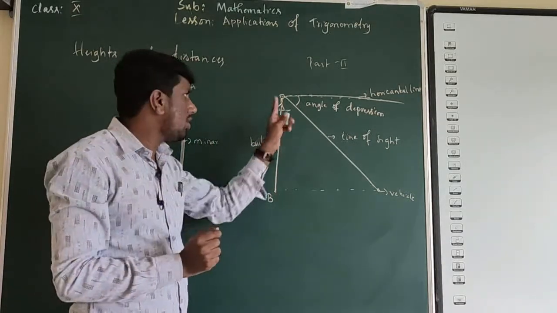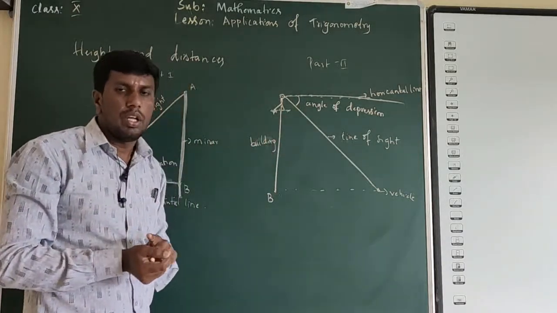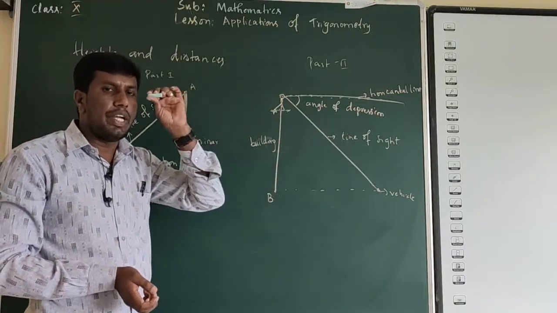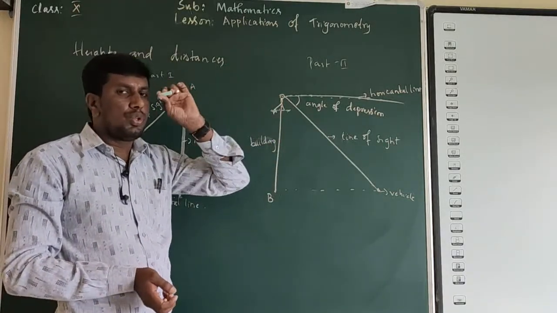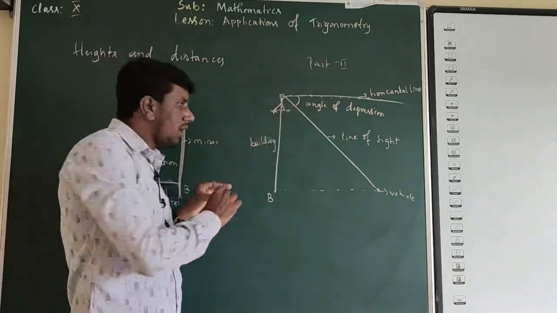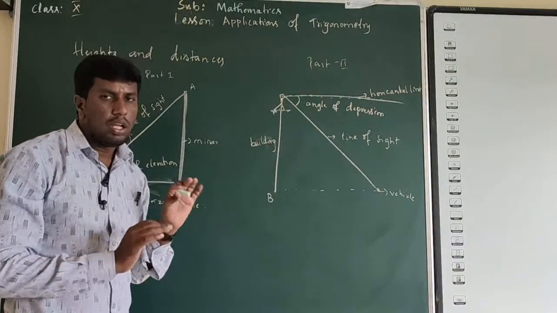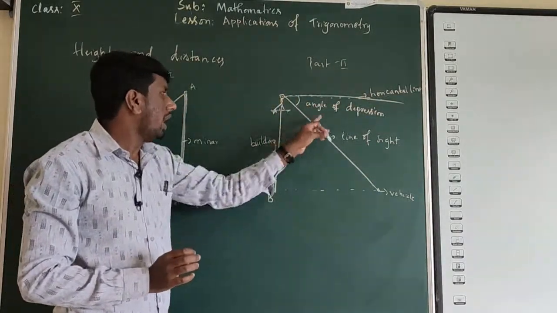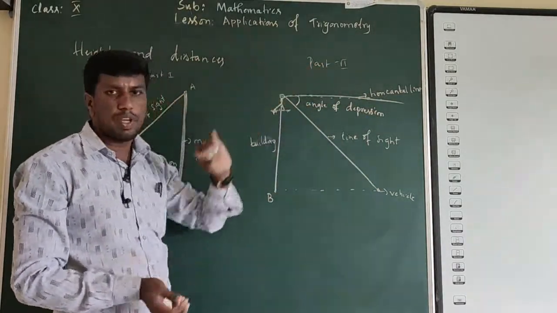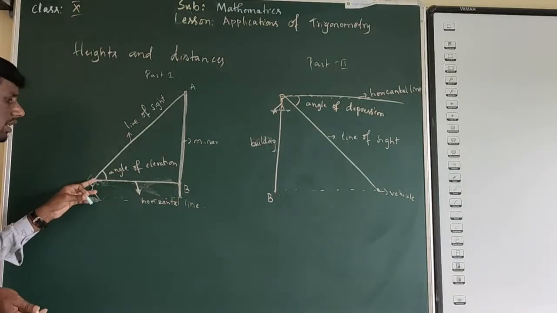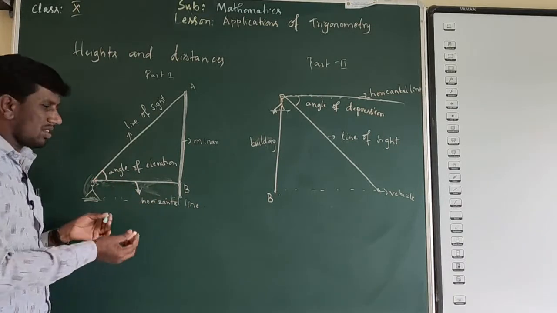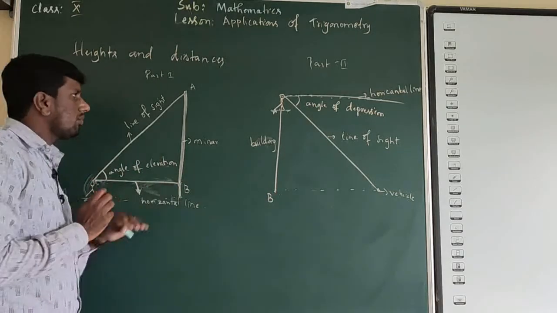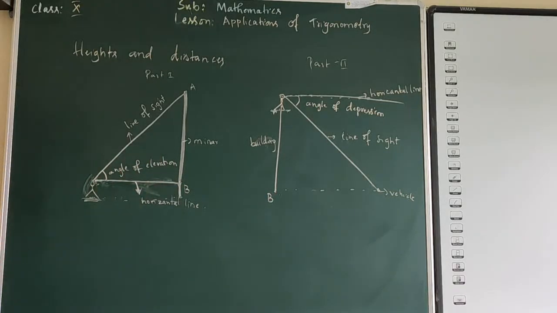Writing the horizontal line is also very, very important. Right? The horizontal line will be from your eye. From your eye, you should draw a line which is parallel to the ground. So while writing the horizontal line for the angle of depression, which is very, very important. Here you can write the horizontal line very easily because the horizontal line is the same as the ground. Right. So now,